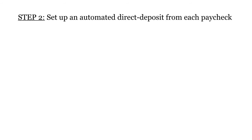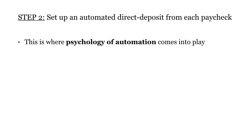Okay, now I know that may sound a little intense, but really it's not at all, right? This is where the psychology of automation comes into play, and this is one of the most powerful mechanisms of this approach. Okay, so in order to set up an automated direct deposit,